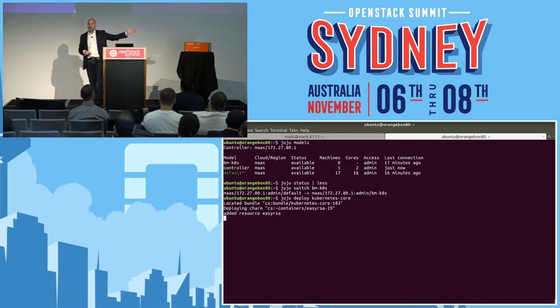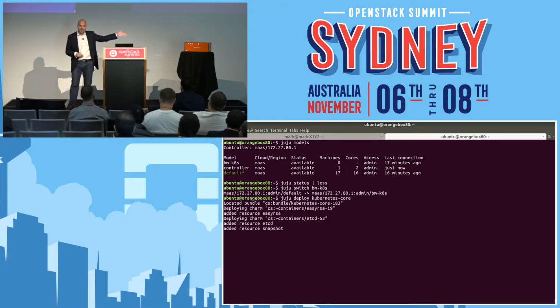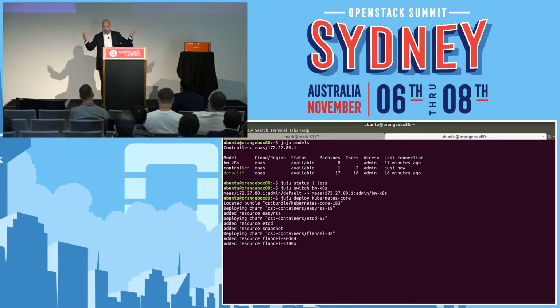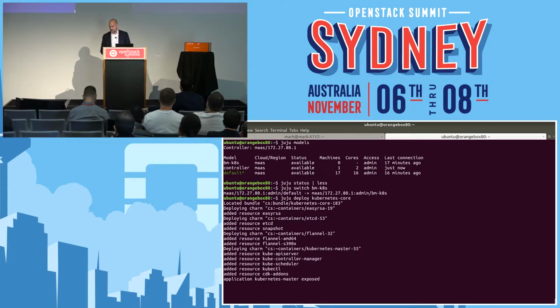It's going to talk to its cloud, which is the bare metal cloud of MAS. And you'll see some of those machines that are switched off will turn on, the operating systems will get installed, then they'll be handed to the orchestration framework, and the various components of Kubernetes will be deployed. So right now it's still just pulling the ops code down, and as soon as it's done that, it's going to start the actual deploy. Meanwhile, I can, as soon as that's done,